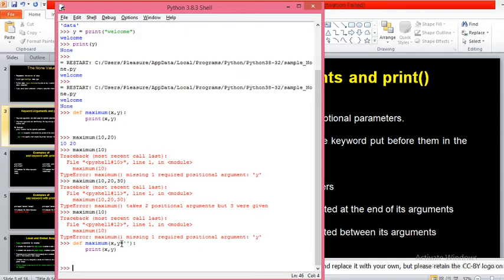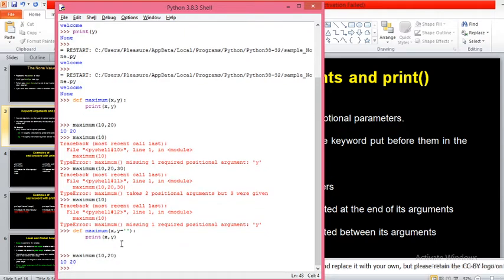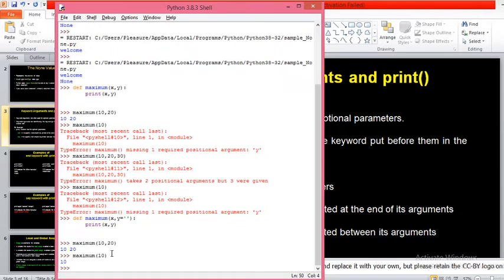Even if you don't give a value, it will work. If I call this function with 10 comma 20, x will take 10, y will take 20. That means this empty value will be overwritten with 20. But if I call the same function with a single argument, now look here. Earlier it was showing an error message. Are you getting my point?